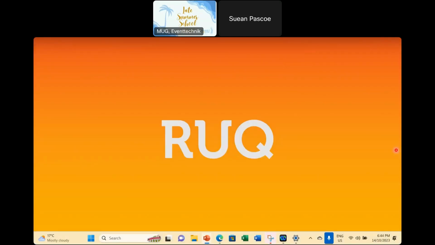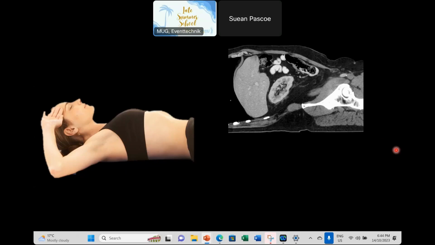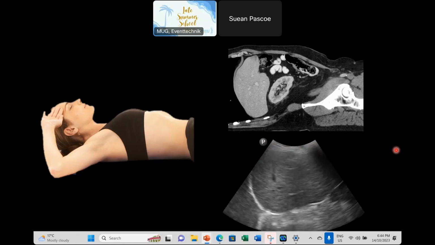So let's start with the right upper quadrant. We're going to start by locating the xiphisternum, and we put our probe on at about the mid-axillary line here. Now, as the patient is lying down, you can see that the head end of the patient is on the left-hand side of the ultrasound image here, and the feet end is on the right-hand side of the image. And when we correlate it with this CT image here, you can see the diaphragm, which is this bright white linear line, the even texture of the liver,